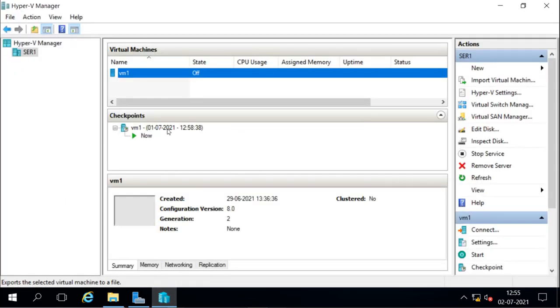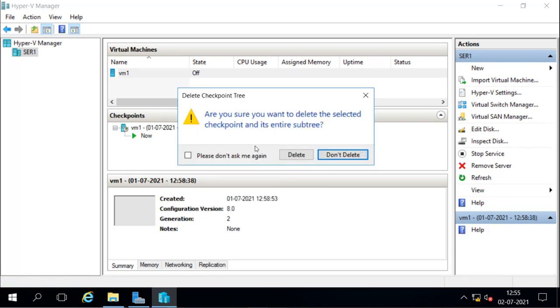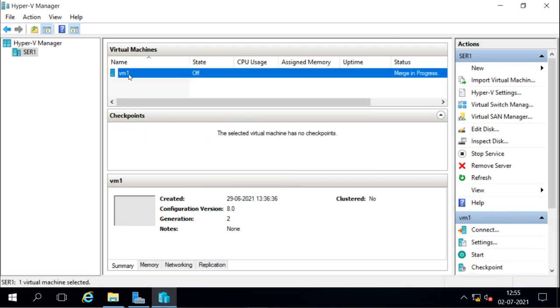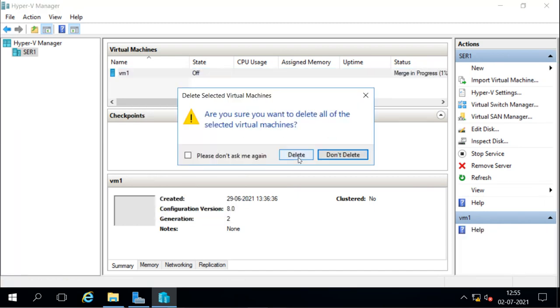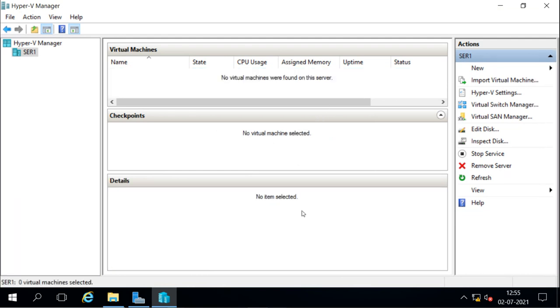Now we want to import it. In case, suppose my machine, this checkpoint is deleted, then my virtual machine is also deleted. That means my virtual machine is not there, or it is corrupt.